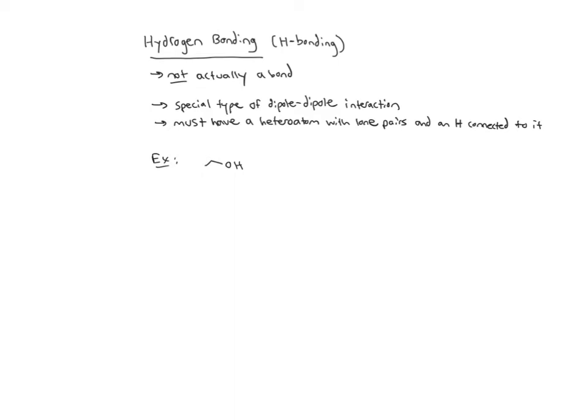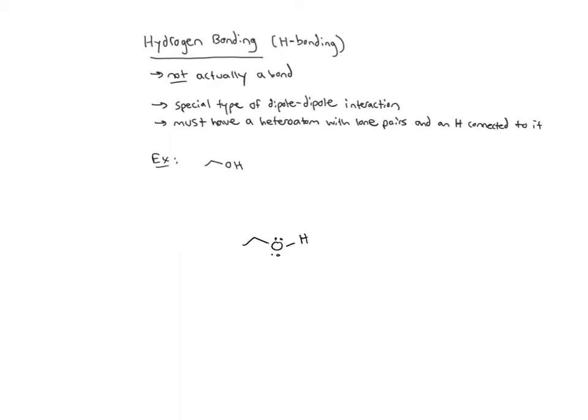We saw dipole-dipole interactions in the first video and then the fleeting dipole-dipole in the second video. This one is also a special type of dipole-dipole. What we do need to have for hydrogen bonding is a heteroatom, that's any atom other than carbon or hydrogen. So we need a heteroatom with lone pairs and an H connected to it in order to have hydrogen bonding. Let's draw an example of this. Let's draw out those lone pairs